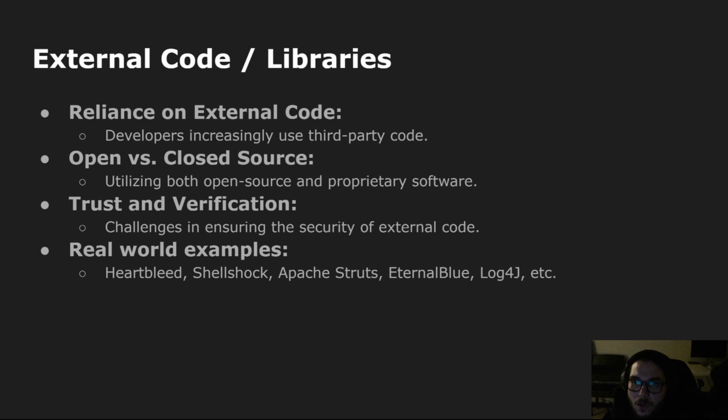The list of known issues with external libraries is really long, and there are real world implications with security vulnerabilities in well-known packages or well-known libraries. This includes Heartbleed, Shellshock, Log4j, Struts, EternalBlue. First or third party, the code needs to be identified. It needs to be treated just like any other code, and it needs to be scanned. It needs to be taken care of. It needs to be free of vulnerabilities.